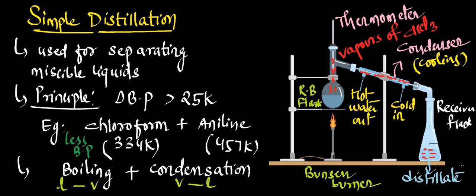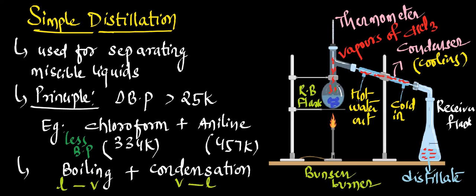Now what about the aniline? Aniline will stay back in the round bottom flask, because it has a higher boiling point. Till it reaches its boiling point, it will not vaporize. So based on the difference in boiling points, we are separating the two miscible liquids, and this process is called what? Simple